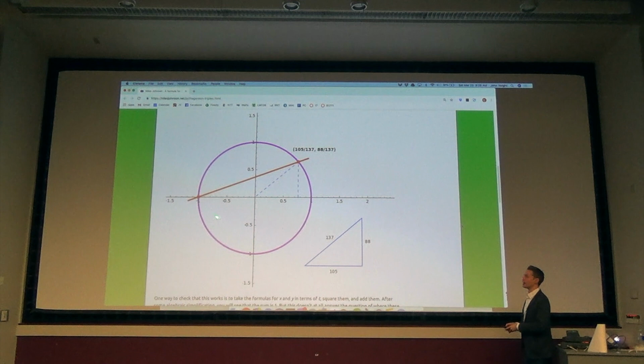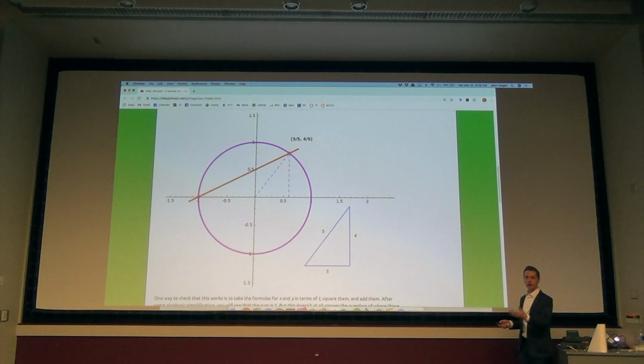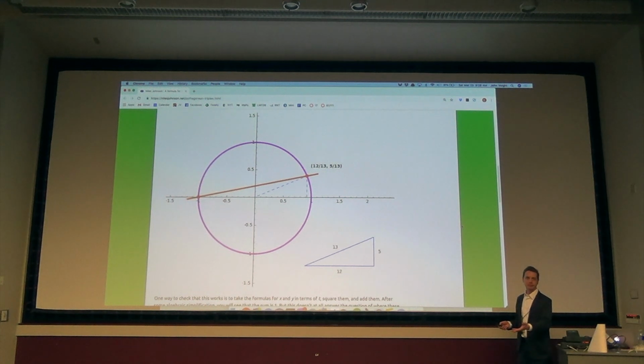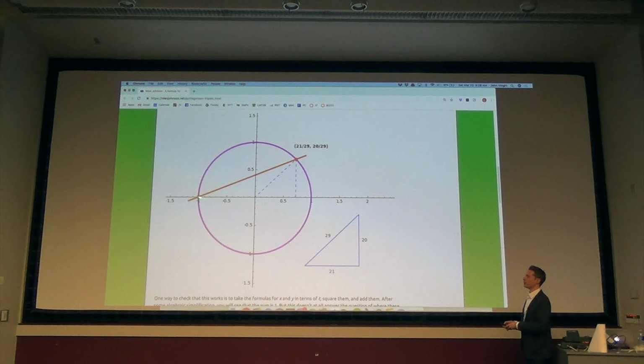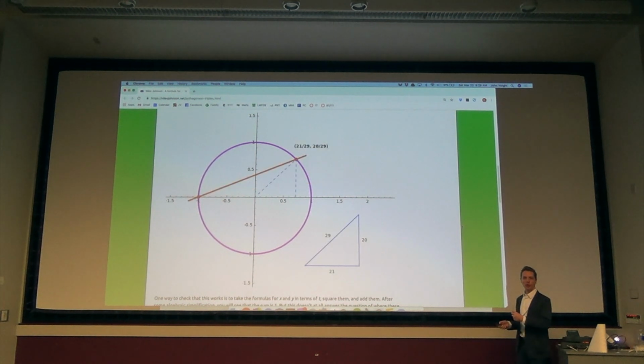Okay, now how do I find any other rational solution? I want to know that I get them all, and I want to get them. Okay, so let's get them first. How do I do that? Well, all I do is I take my favorite line with rational slope through this point, and that line, like this line, is going to intersect the curve here at another point, and I claim that that point necessarily has rational coordinates. You're seeing them in the examples here, but how would you check that?